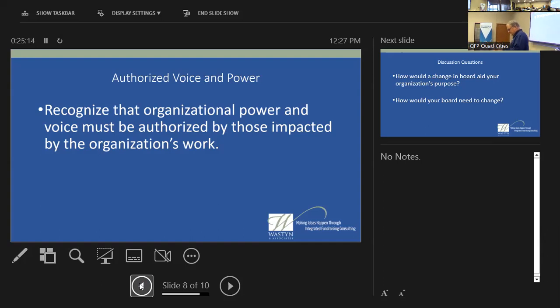What else do we have? Most boards are ill-informed about the ecosystem in which they operate. And 25% say that that is right now a factor they look at in selecting people to be on the board. Right. So you see our trends are not this. We have boards disconnected from the communities they're trying to serve.